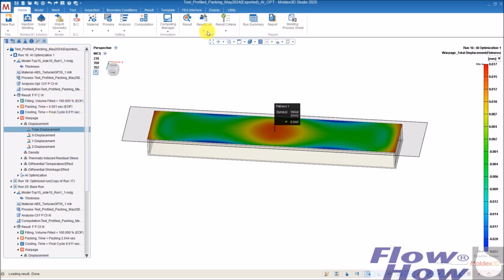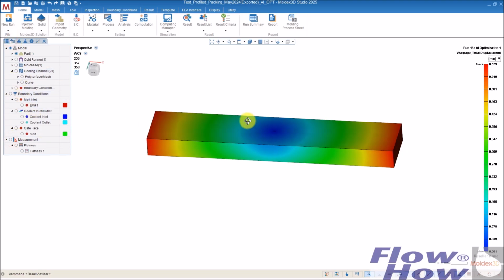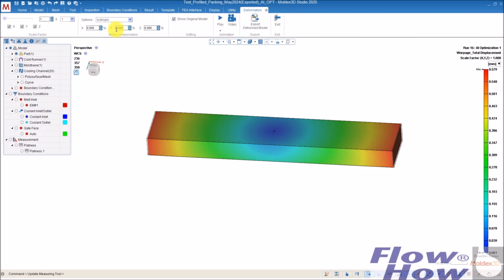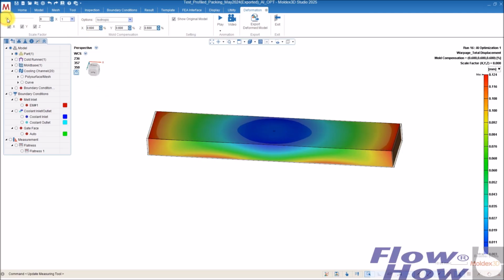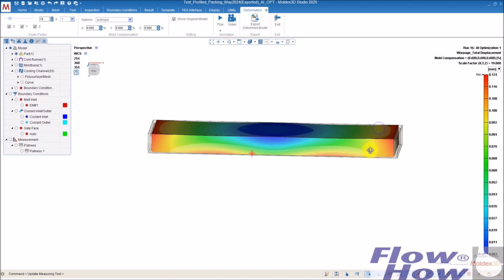We can see here, I will just go in here, remove the flatness display, and then I will show the deformation. You can see it's much more flat when I scale the deformation. It just tips a bit up in the end.